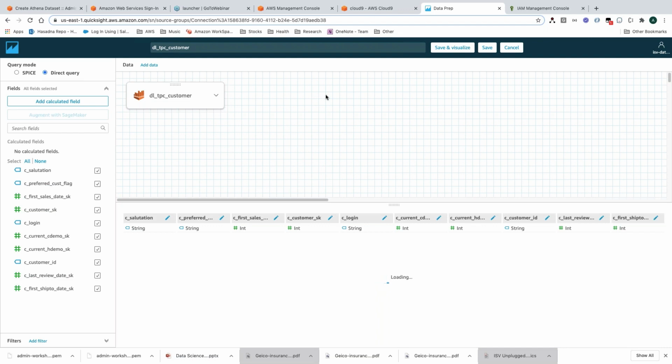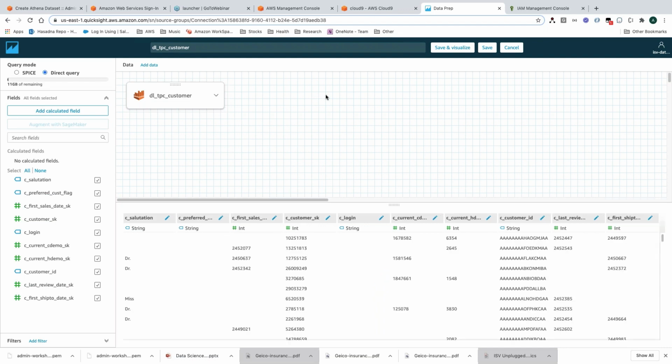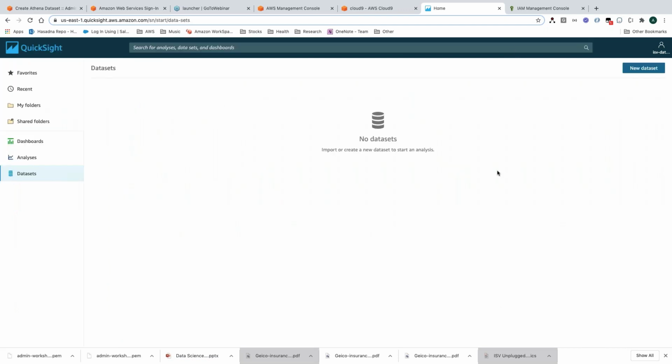And this will take me to this data set screen where I can build the data set. Notice I'm not able to see any of the PII data here. The first name, last name, birth date, all those columns are missing because Lake Formation is enforcing column level security. So I'm not able to see any of that. I just wanted to quickly show you how the column level security works and how that experience is going to be for the authors. So I'm going to cancel this and I'm going to create